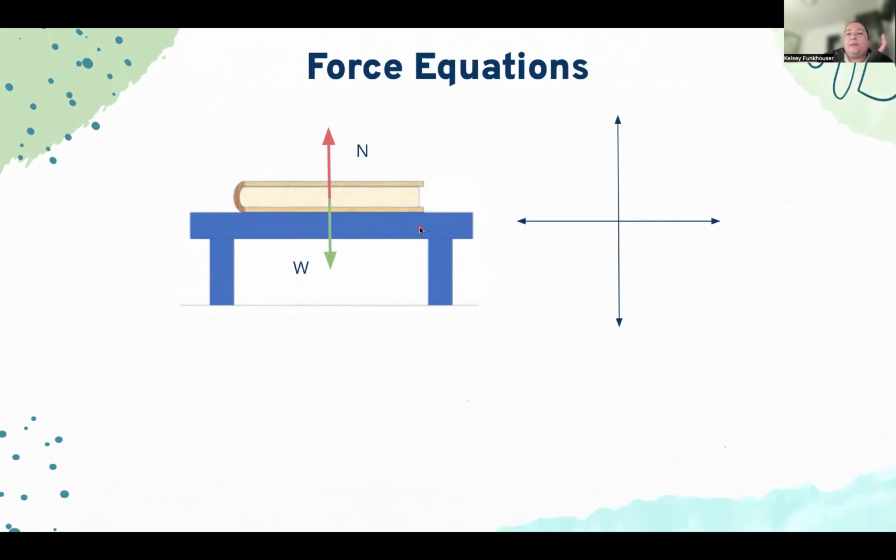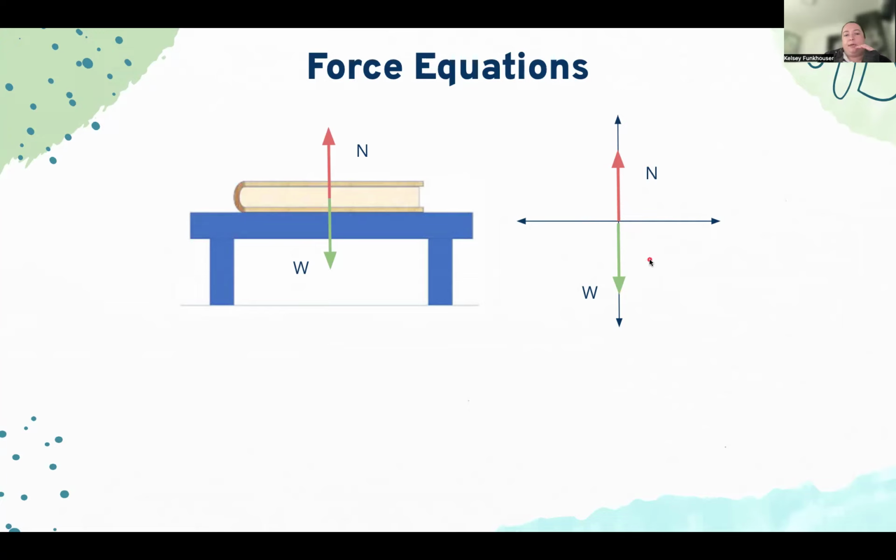So when we're drawing a free body diagram, we draw this on an XY plane like this. And we set the origin to be the object. You can just put a dot there. And so the normal force points up, the weight force points down. So then the next thing